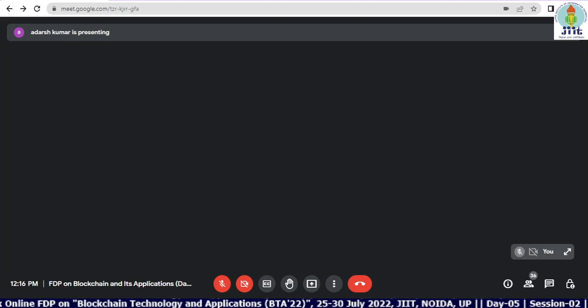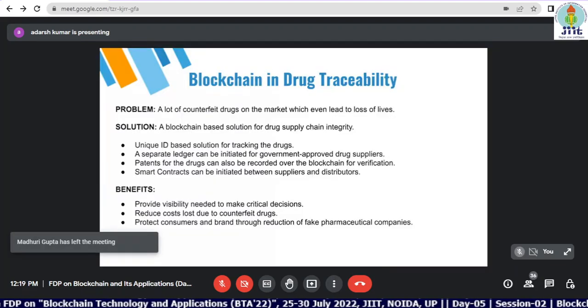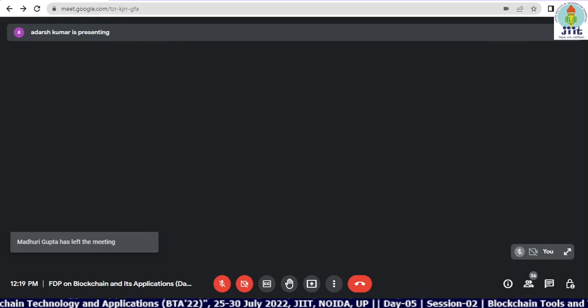that data can be shared with everyone, and a fruitful, healthy practice could be implemented. So if you try to integrate this with blockchain technology, a blockchain-based solution to drug supply chain integrity is required. There is a need for unique identification-based solutions. Right now we have barcode-based mechanisms. We can integrate more secure RFID-based approaches into it, or we can integrate the sensor-based approach, which gives the live conditions of the drugs.